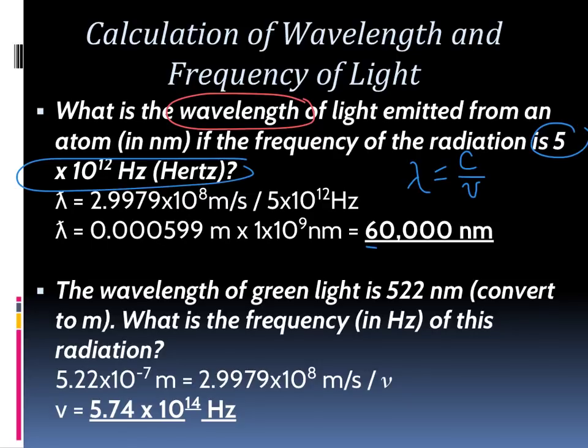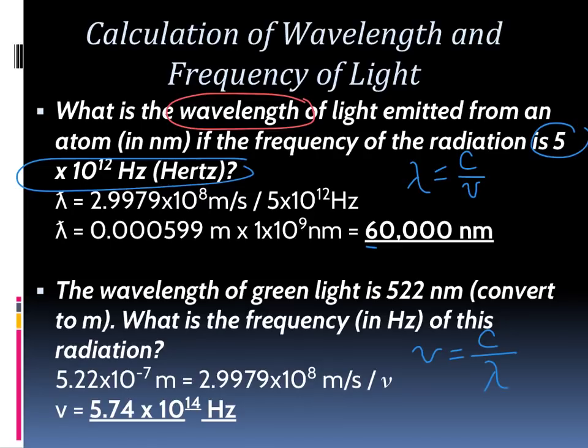In the second calculation, it says the wavelength of green light is 522 nanometers. It does say there convert to meters. Just as a reminder, unless you are asked to convert them to nanometers at the end, your wavelengths need to be in meters. Okay. This one's asking for frequency. So what that means is that I'm solving for my fancy V, so I'm going to have C over lambda,